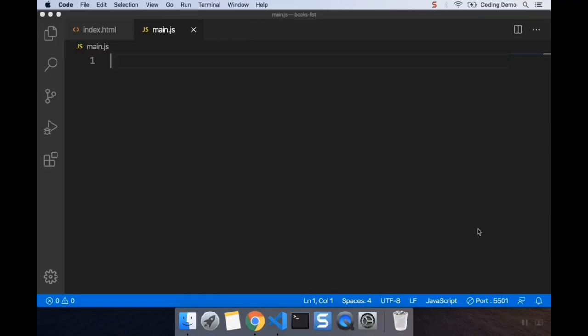So let's begin writing the JavaScript for this application. But before we do that, I want to tell you that this is going to be a different project. So we'll be approaching this problem a bit differently than we did for the to-do list. In this project, we're going to